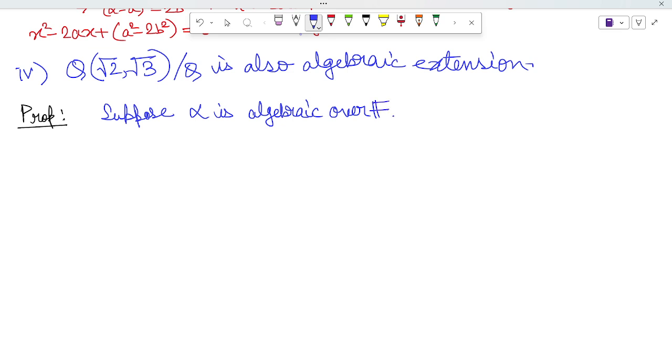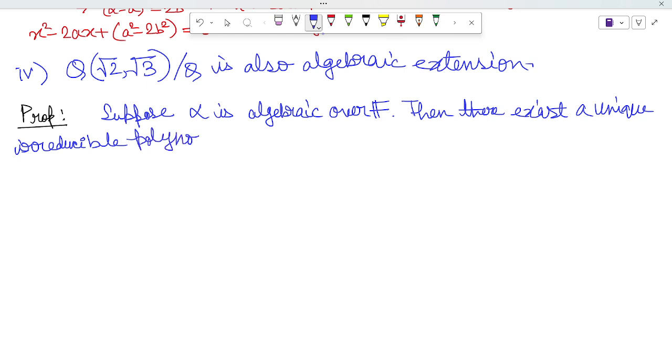F is a field. Then there exists a unique irreducible polynomial, which we will call the minimal polynomial,